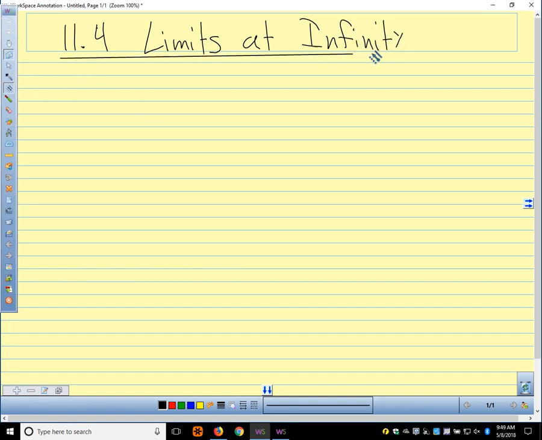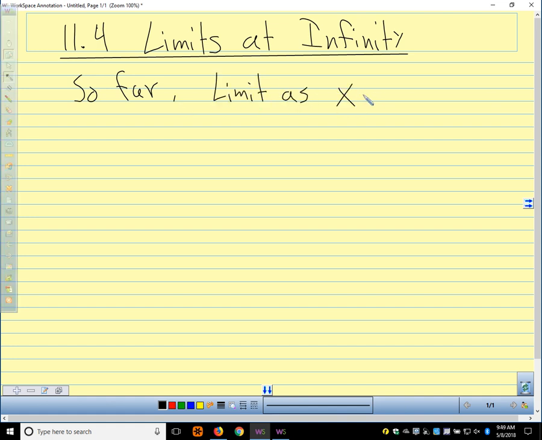All right, so what we've been talking about so far, we've been interested in the limit as x approaches some number. And that's when we did our dividing technique or our rationalizing technique. We get a 0 over 0, something like that. So we have more work to do. Today,